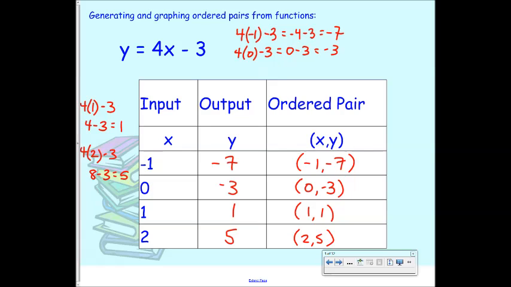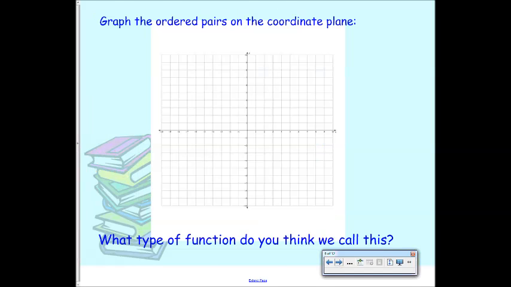Are those the only inputs that you could plug in? No? What else could you plug in? 7. What else? Every single number, including decimals and fractions, right? So we could play this game forever. We're not going to, all right? I'm not usually going to ask you to do more than 4 or 5. But those are the ordered pairs. And the reason that we care about that is because